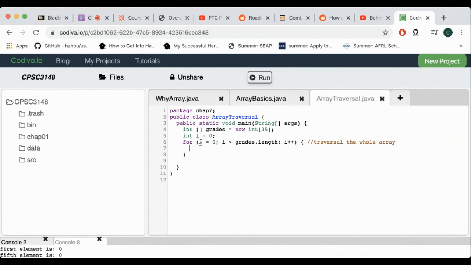We try to loop from the first one until the last one of the element. And so let's just say I want to say grades[i], okay, so equal to an integer, and I'm gonna do this random number generation again, Math.random, okay,